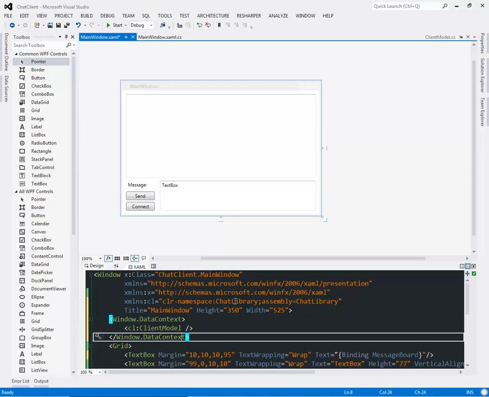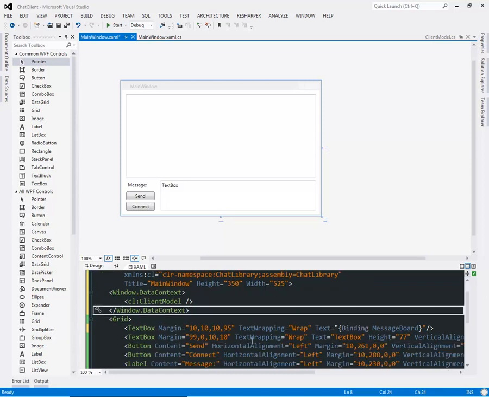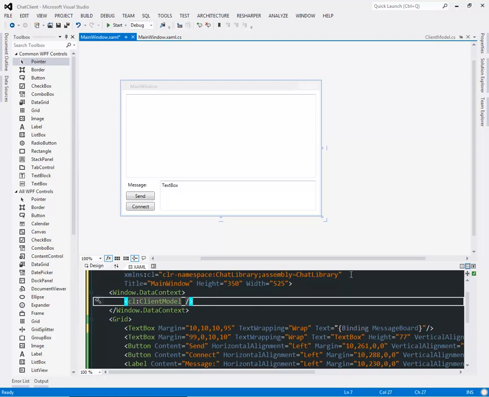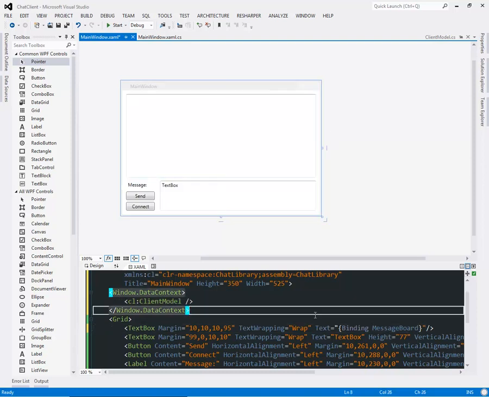This is about as much as we can do right now, because this is the chat library here. This would be the client model, and I don't want to bind this directly to the model. So let me just ignore this for the moment, and I'm going to leave this alone. We'll just leave it as is, but this binding message board is correct, but what I haven't done yet is